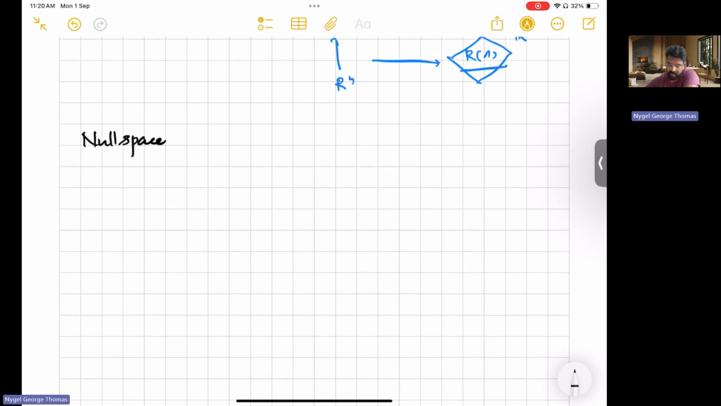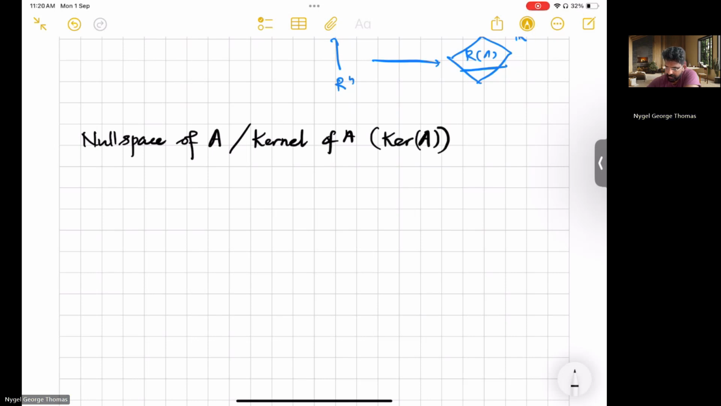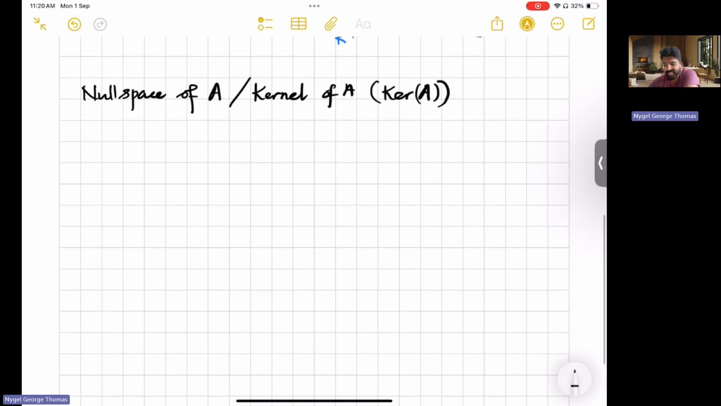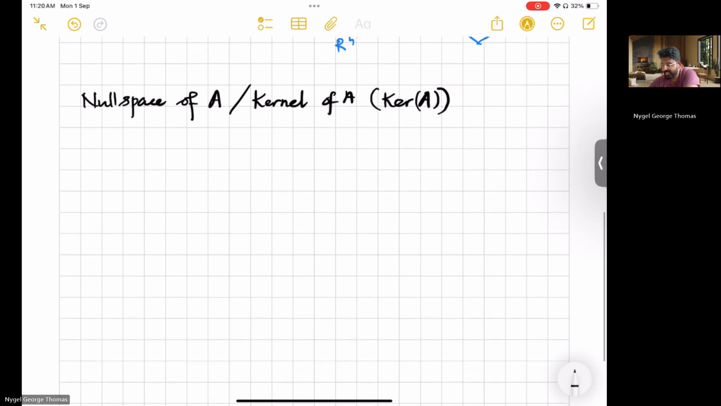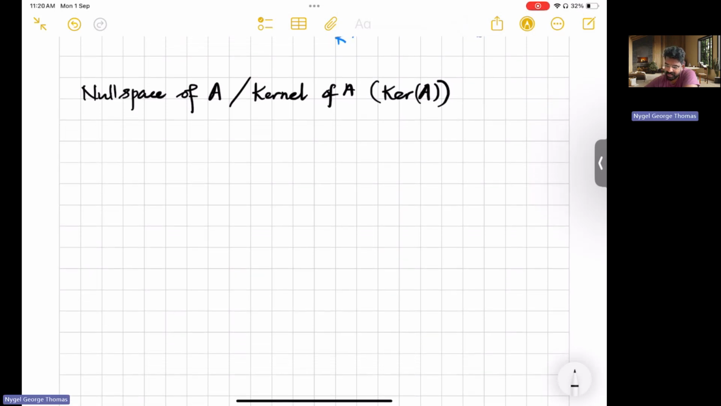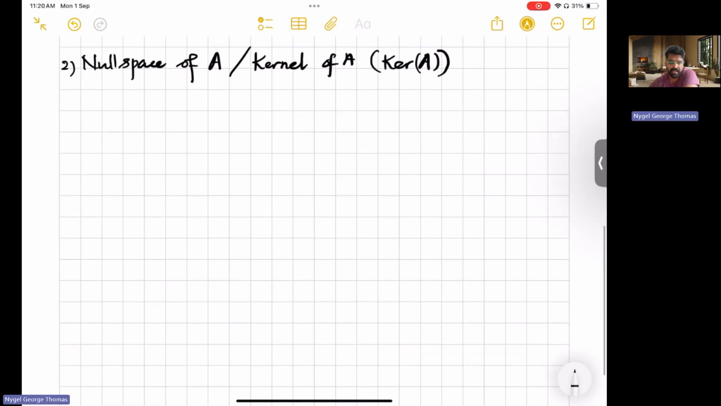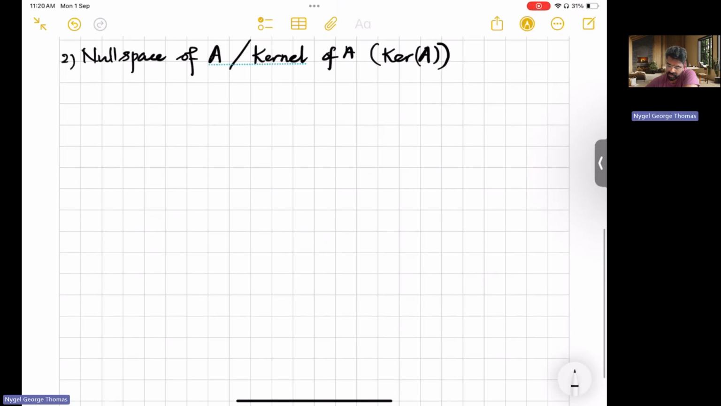This is also known as kernel. So all these spaces are defined in terms of a matrix A: the null space of A, also known as the kernel of A, represented as kernel of A. So this is the null space of A. How do you define a null space of A? Null space of A